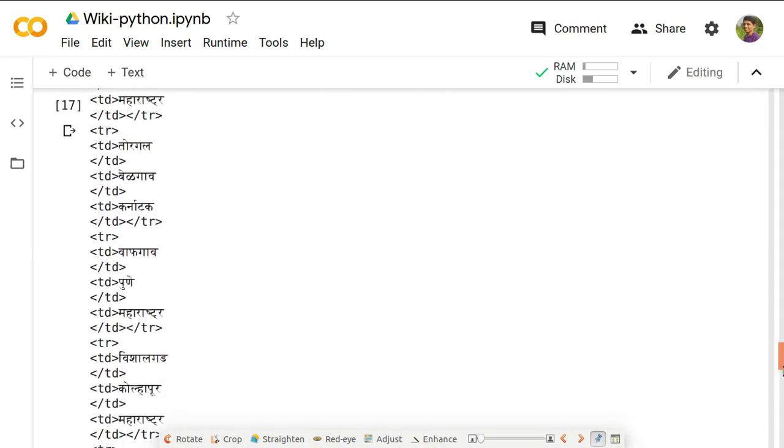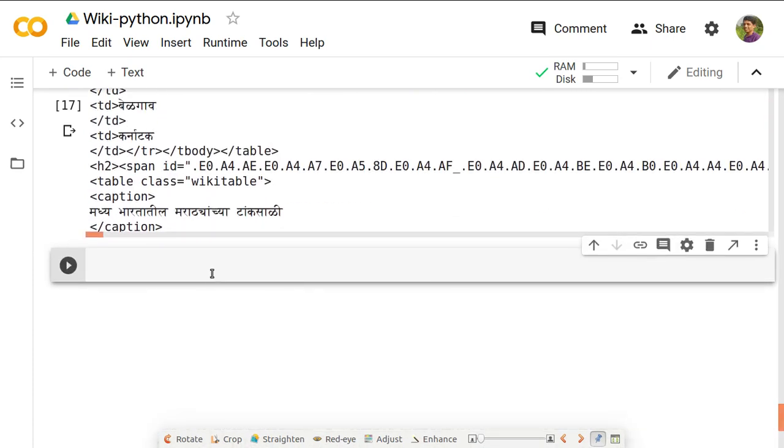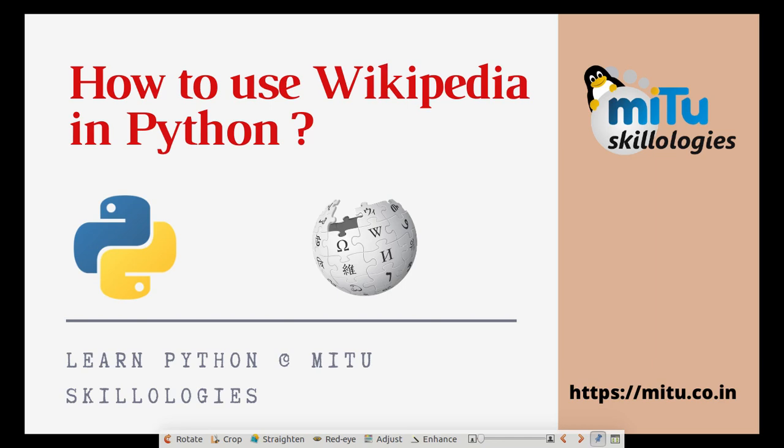So this is how we can perform operations with the help of the Wikipedia package. Wikipedia is a very important package that I can use. Whenever you have to extract data or perform operations on Wikipedia, this package is there for you, with its available functions, and you can perform operations with this particular package.